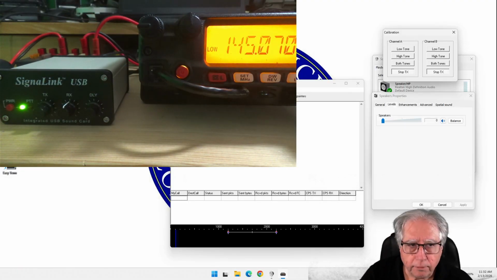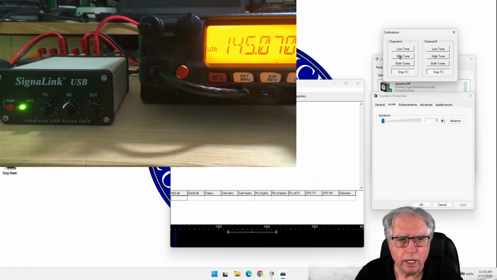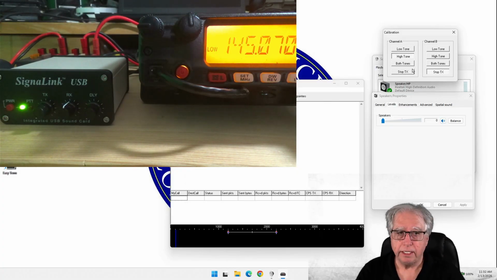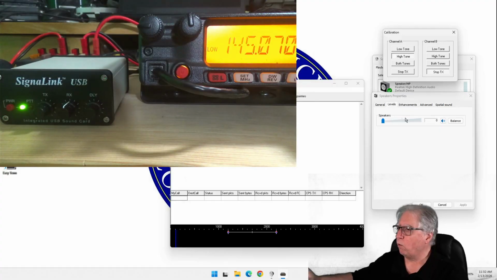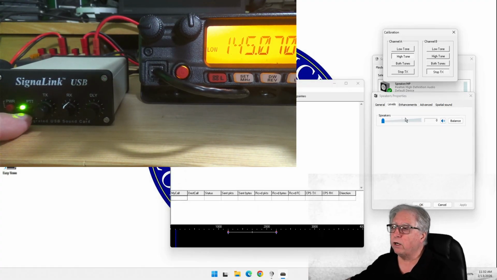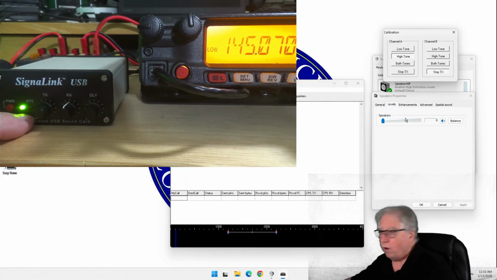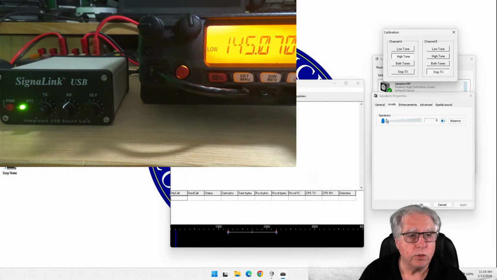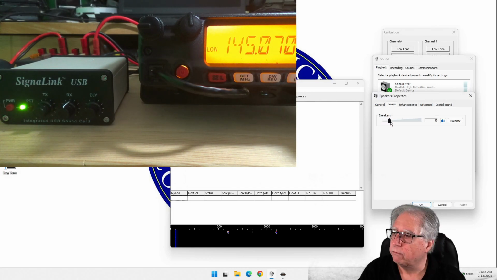Okay? What I'm going to do is put a high tone on this. Now, I see nothing happening because there's no audio. What I want to do is pay attention to this light right here, which is the PTT light, and I am going to bring the speaker volume up